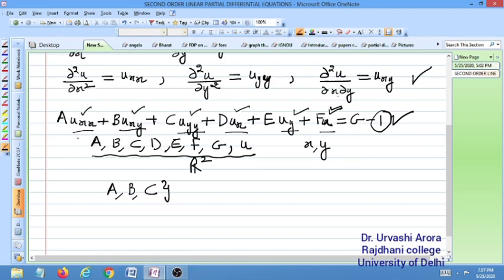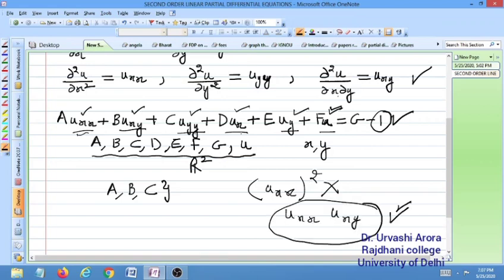Also you can see that all these terms, uxx, uxy, uyy, ux, uy, u, are all separate, they are not multiplied with each other, and you can note that their degree is 1, which means that you cannot find a term like uxx square. Such a term cannot appear in a linear partial differential equation. Product terms will not be present, and terms of degree greater than 1 will not be present. So this is all about a second order linear partial differential equation when the number of independent variables is 2.